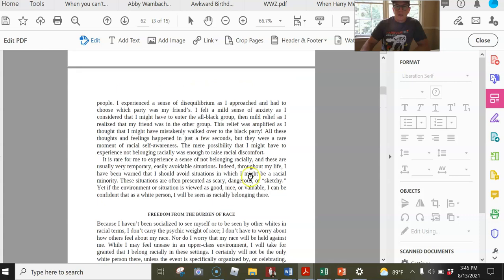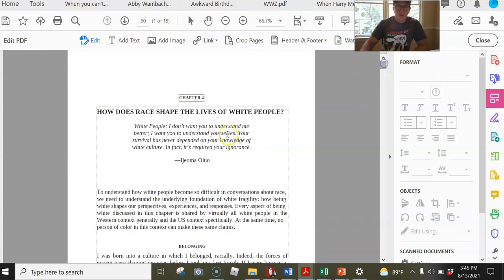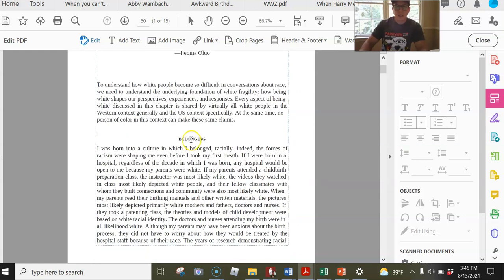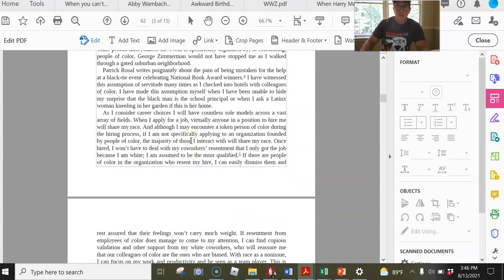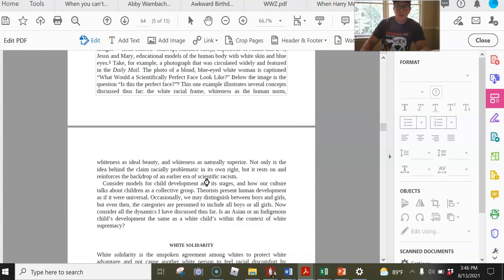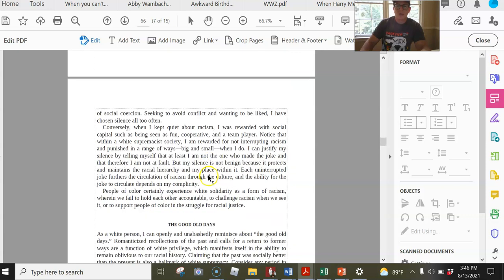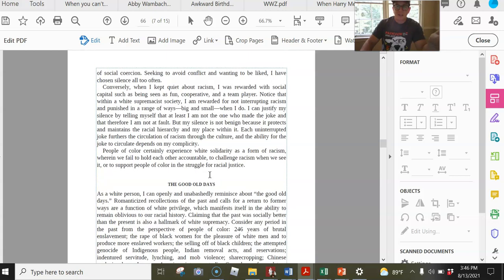All of these different little parts. So, this chapter 4, how does race shape the lives of white people? All these little parts like belonging and freedom of movement, just people, white solidarity, all of these are little illustrative sections, illustrative essays, all collected together because they're all supporting the same claim,